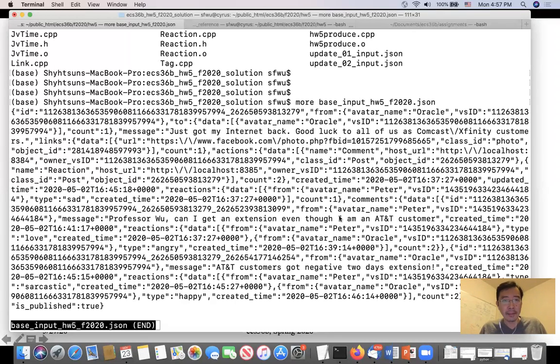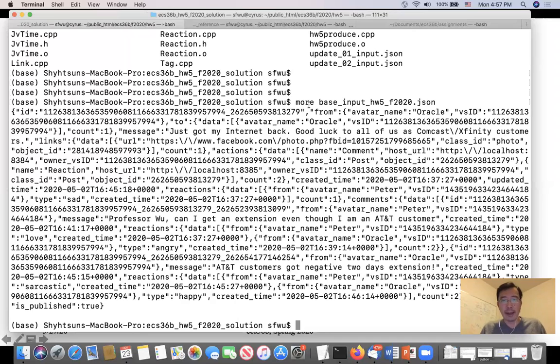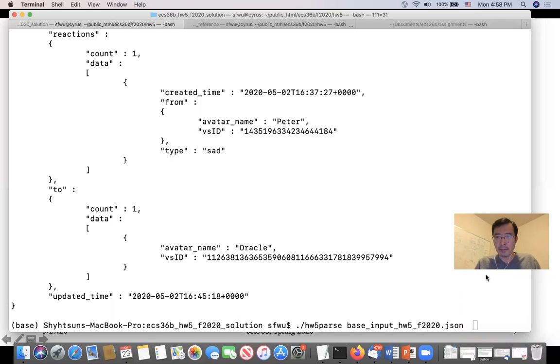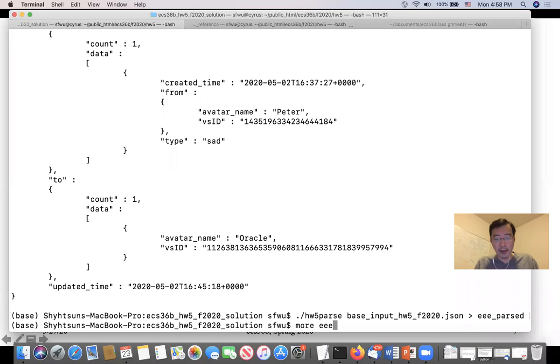So you can see that. Let me just give you an example. This object looks like this, right? So okay, I'm going to run the program. If you look at /HW5, let me use parse. Okay, let me save it first. This is just parsing without doing the JSON conversion. I'm going to call it EE parsed. Okay, so if you look at EE parsed,